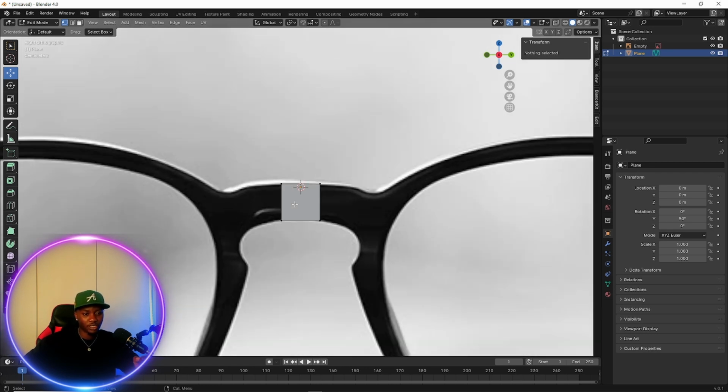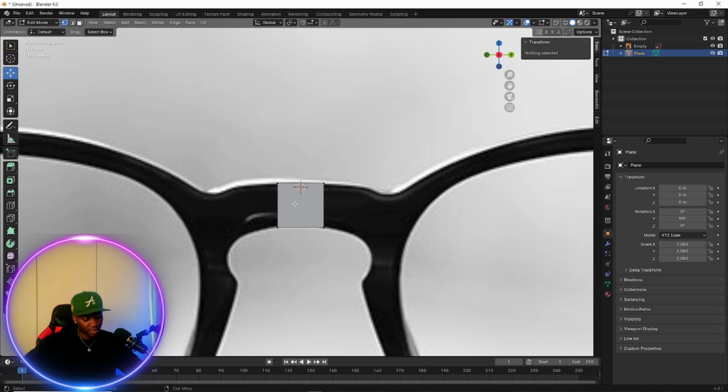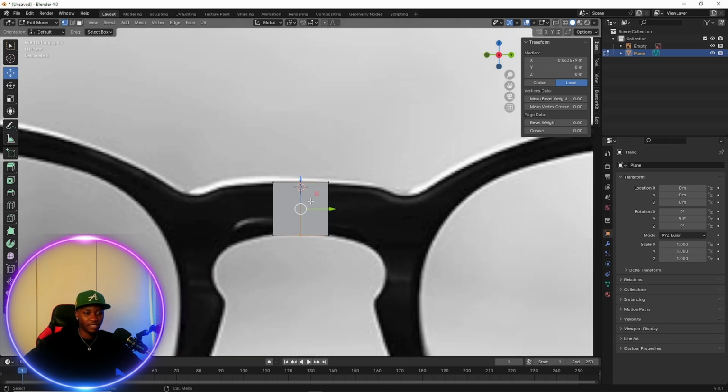To do this, go on this plane, press Control R to have that in between, so you can cut it in half, right? Then we delete the other side of the face that we're not going to be modeling. So this is going to be the mirror side of the things that we're going to be doing on the right side, right? So we delete